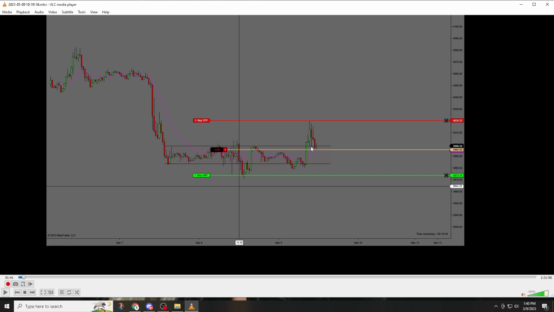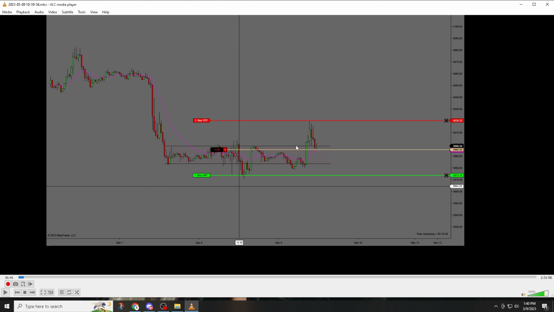First, let me say here was the open bar, followed by this bar with a long wick. Then we had this inside bull bar with wicks on both sides. That's basically just a trading range because this is a 30-minute chart. And then we had this bearish inside bar. Now, I did take a short below this bearish inside bar, and I got out with a point because look